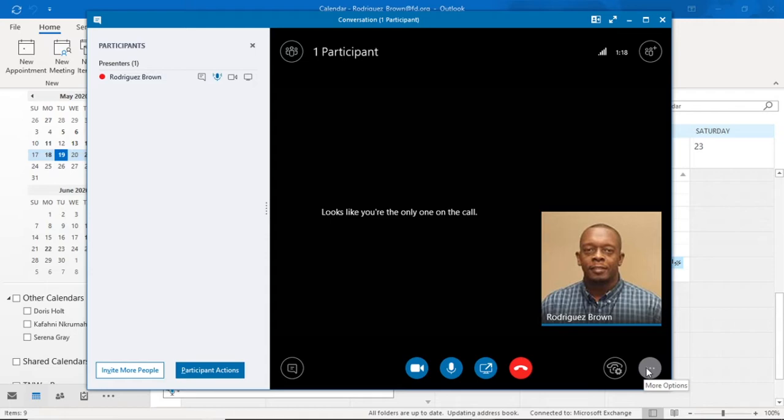We've been running into a little bit of an issue where some clients have been in a lobby, in the Skype lobby, and once you're in the lobby, what tends to happen is if you're not invited into the meeting after a certain time period, it times out. So if you want to change that option, you can go here to more options,